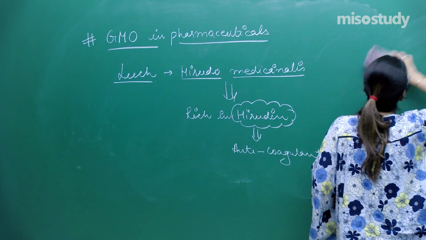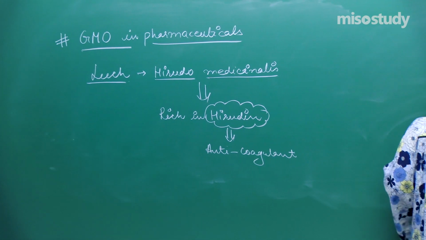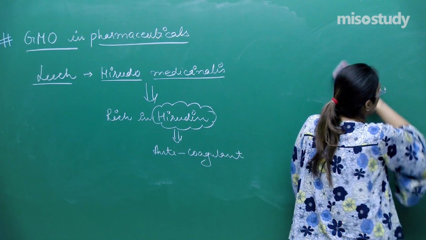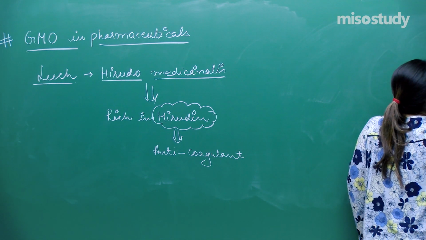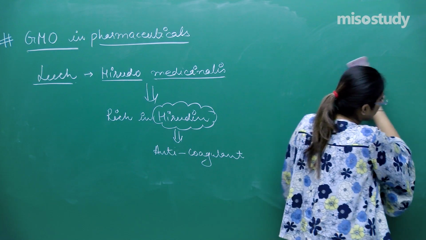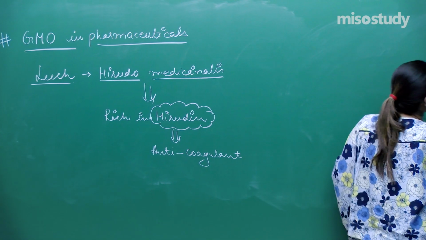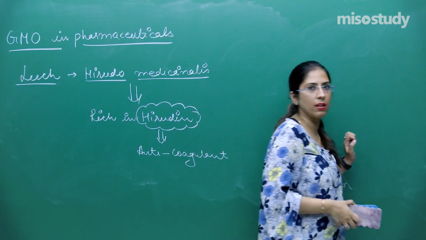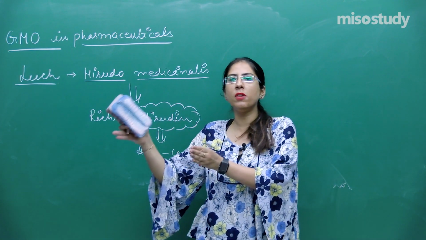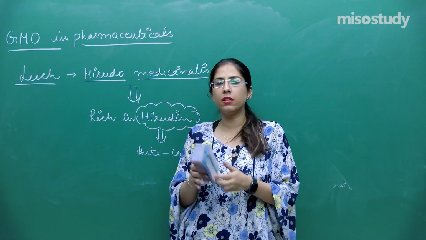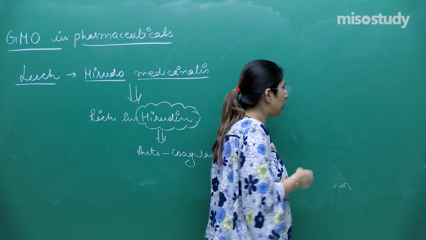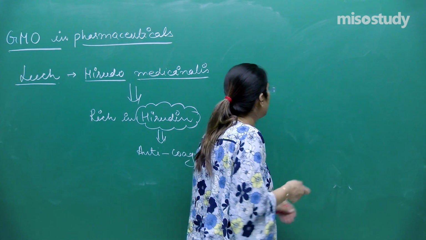When they are transferred into the Brassica napus, what will happen? The seeds which were produced in that Brassica were having hirudin, right, and after the downstream processing or purification or extraction process, this hirudin was taken out. This was comparatively less costly than the old method, the old biotechnology, when we were making hirudin in the microorganism. So this was comparatively most effective.